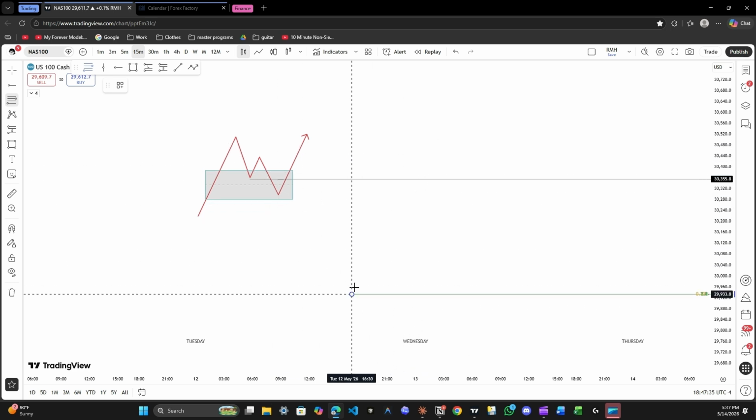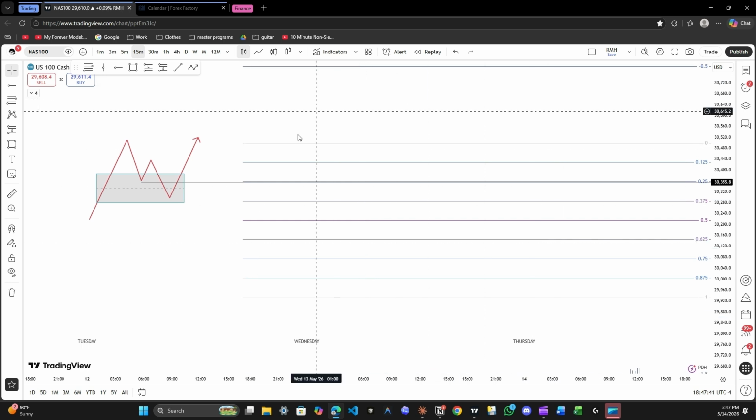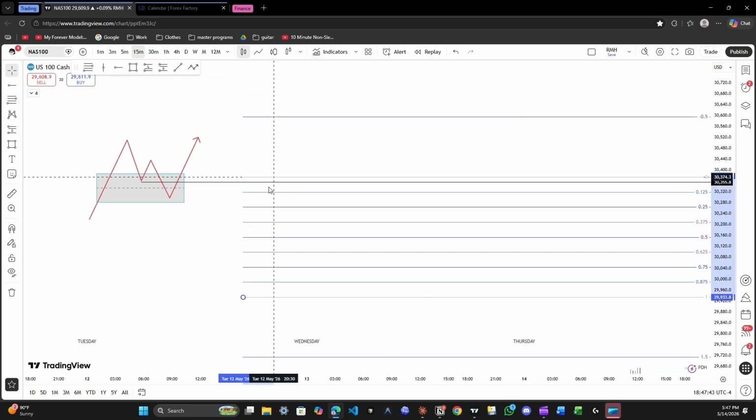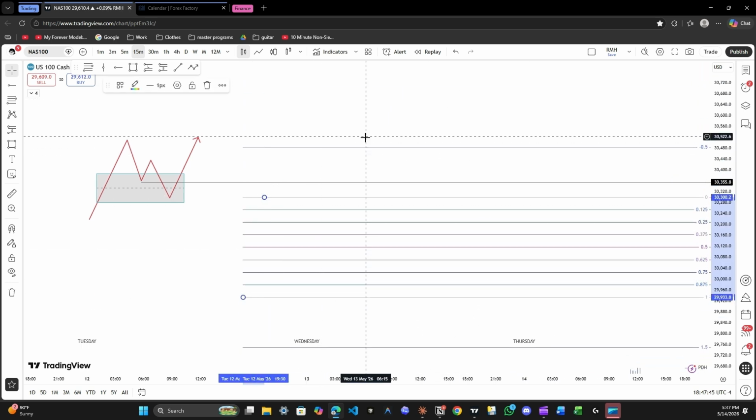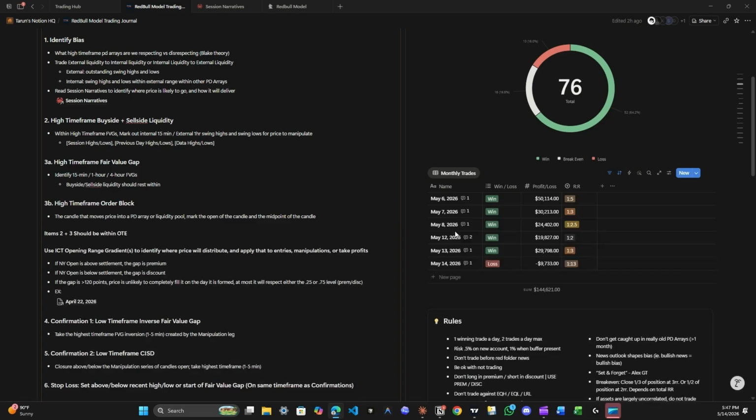And we want to mark out that gap using a gradient, essentially. And these are the levels of said gradient. Each of these levels can be used as points of interest where we can take trades off of. And as you can see here, these are some rules or just details regarding it. If New York Open is above the settlement, the gap is premium. Looking for longs,